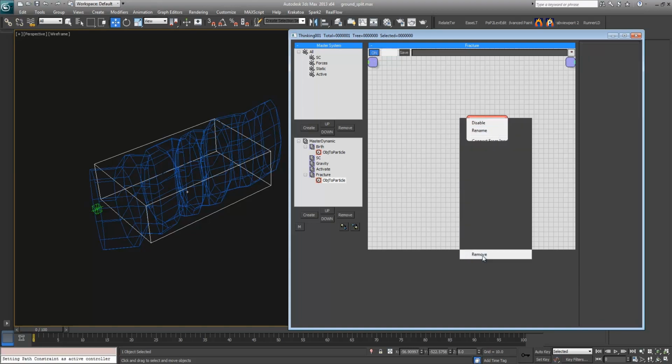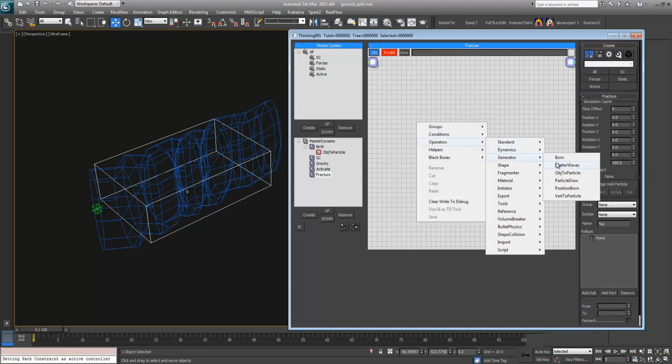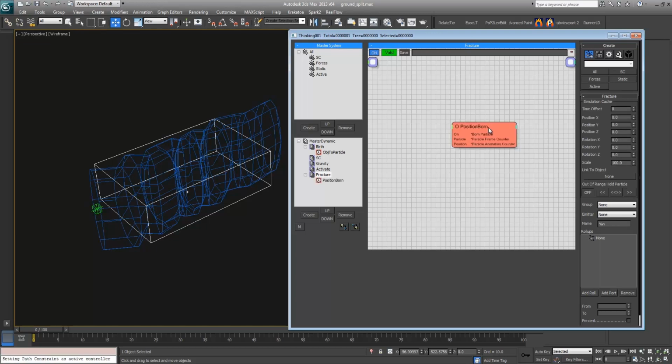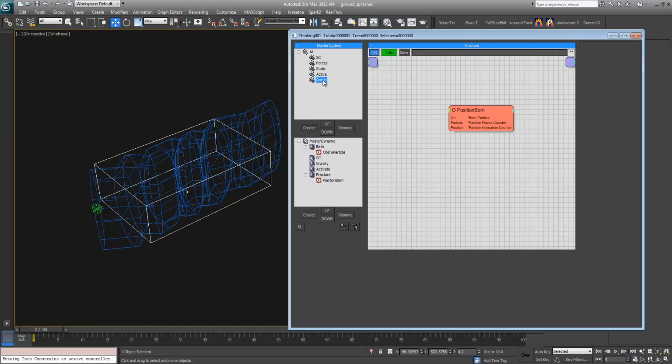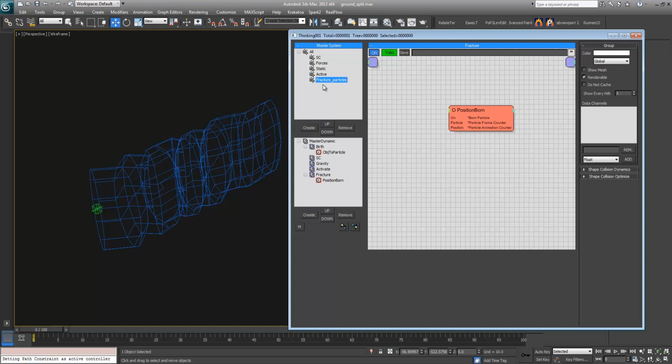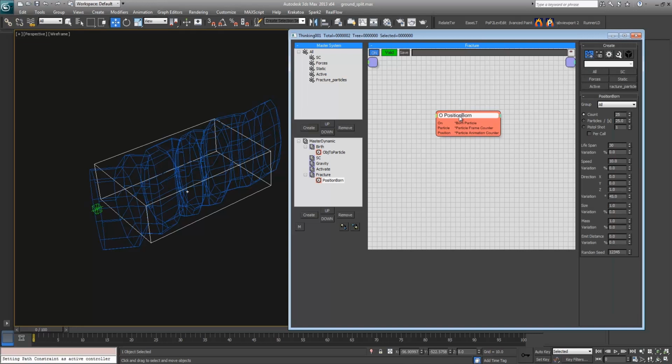Okay, so I'll create a position born. So I want to create particles in the path, so the volume breaker can activate accordingly. So I'll create a particle fracture. This is a new group, so the particles will be born in this group, fracture particles,